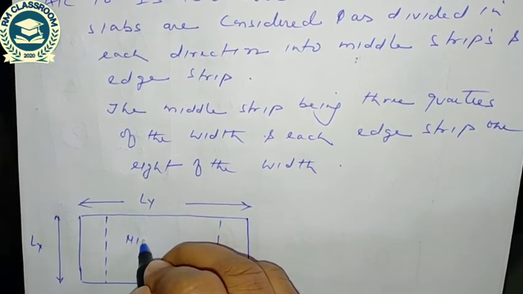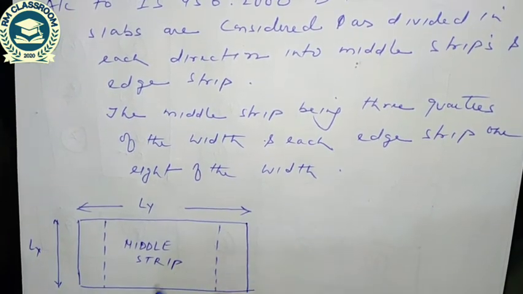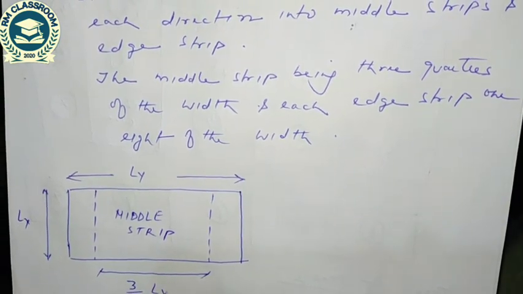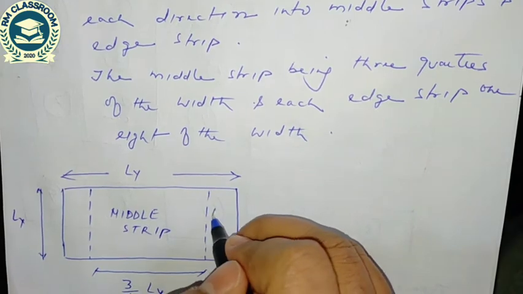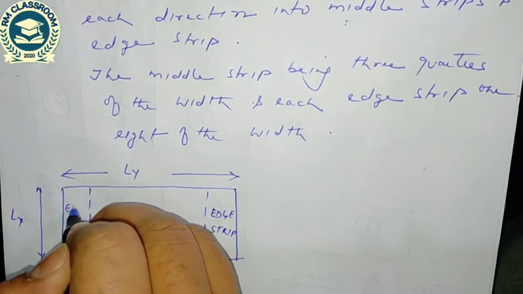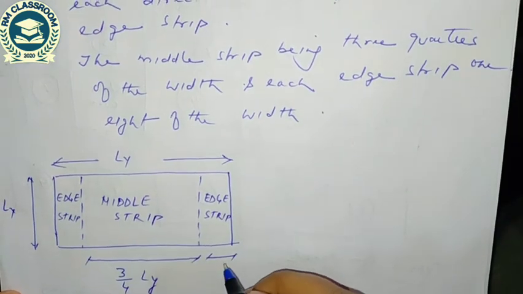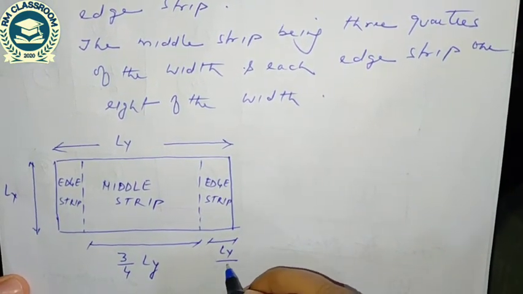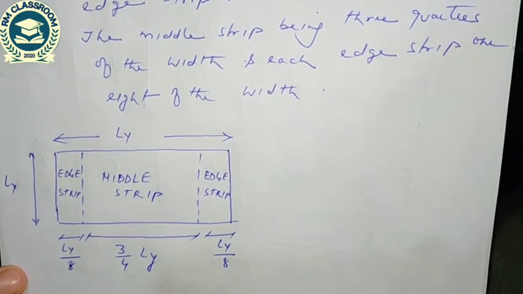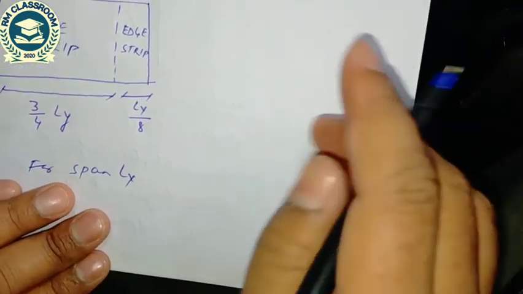This is the middle strip, and the width of the middle strip is 3/4 times Ly, and this one is edge strip, and this one is also edge strip, and the width of this edge strip is 1/8 of Ly. So this is for span Lx. Similarly, for span Ly, code suggests